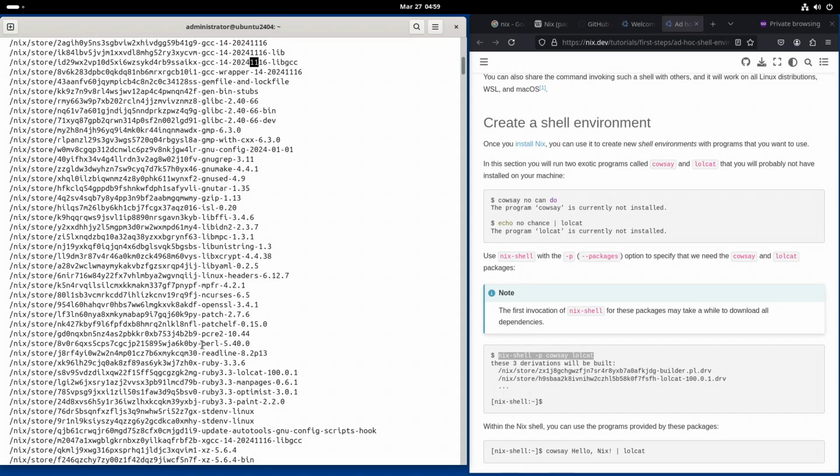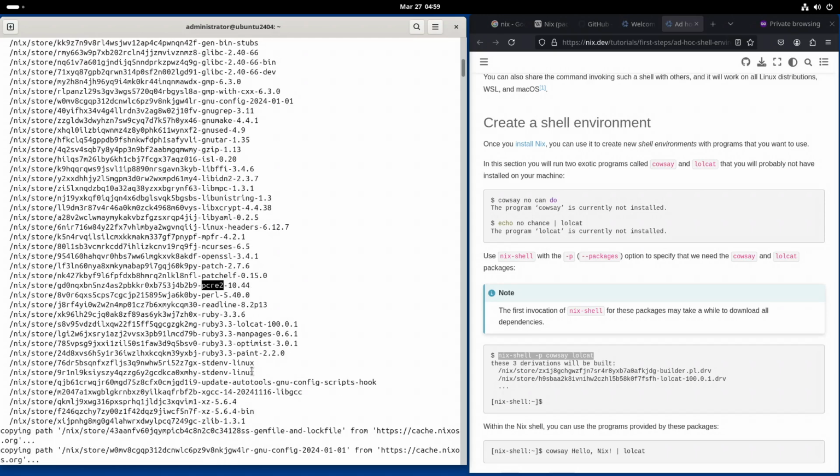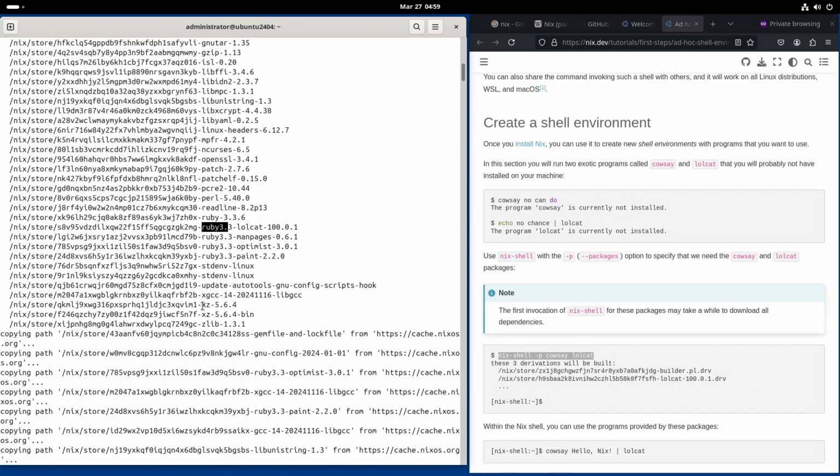Other programming languages, Perl, the regular expression library from Perl, Ruby 3.3, compression algorithms, XZ, zlib, bzip2, libgcc,